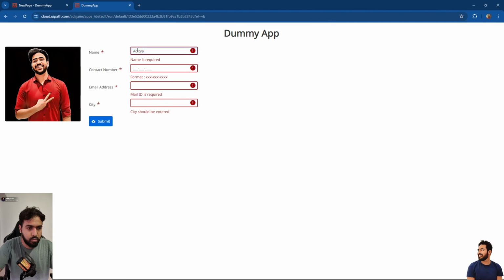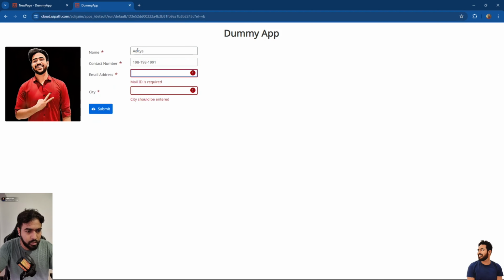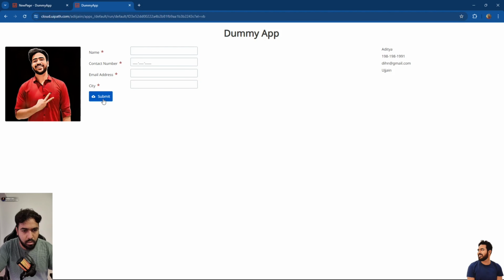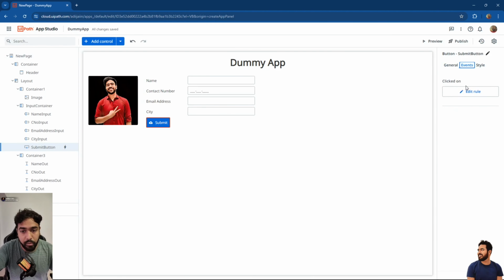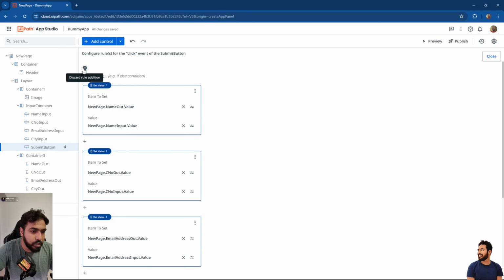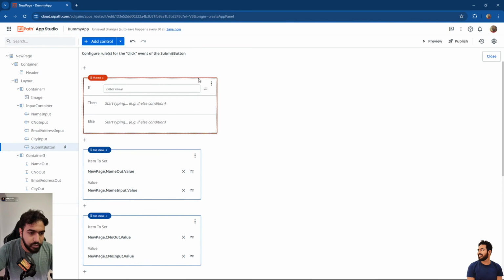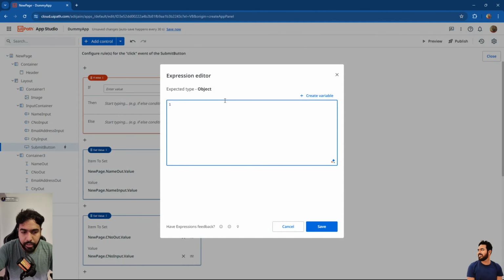Okay, now if I just enter the name, it would erase those things. Okay, but still, let's say if I want to submit it right now, it would let me submit it. What I want is it should not let me click on the submit button, or maybe it should show me a message over here. So first we are going to look at how we can see a message over there. Okay, I'll go here, click on this plus button, use an if else condition, click on open resources, expression editor,